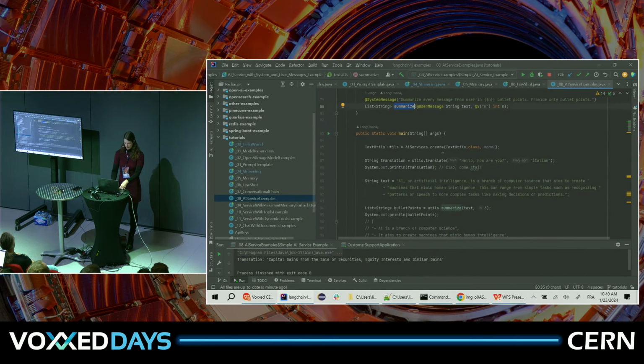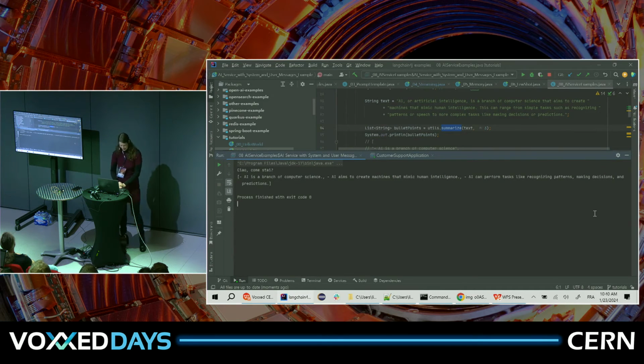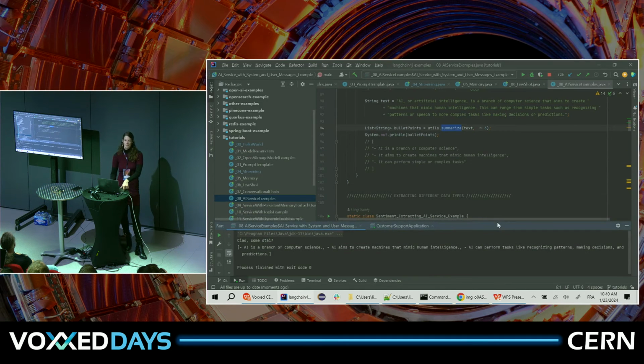So again, we just need to create it, and then we're going to use it. We're going to translate how are you to Italian, and we're going to summarize this text in 3 bullet points. And the nice thing is we will get back a real list object. LangChain4j takes care of this parsing for you. Yeah, there we go. Ciao, come stai? It's correct. And then here is our list with the 3 items that we needed. That gets really interesting because then you can just work on in Java, plain Java, and you don't need to bother about parsing at all.